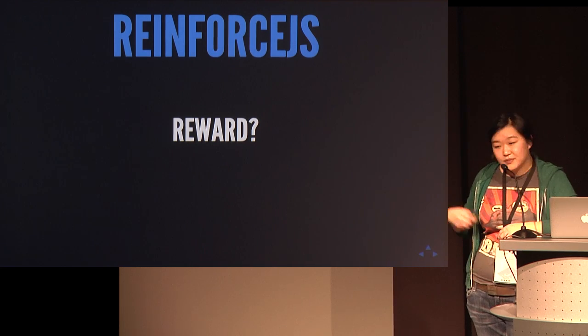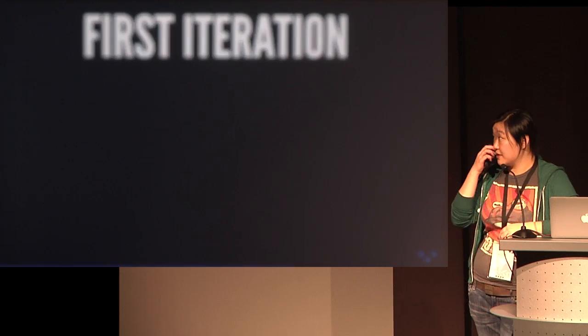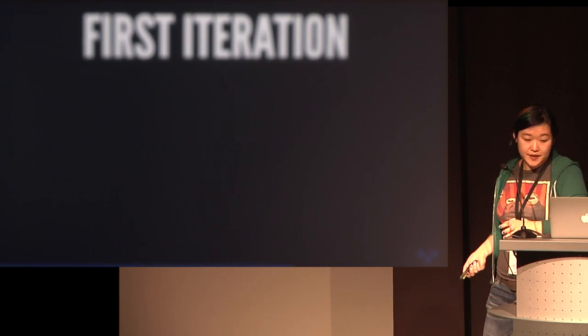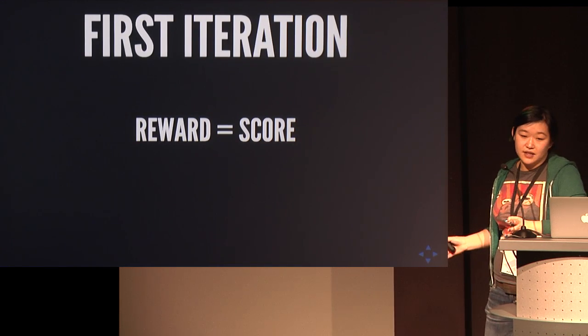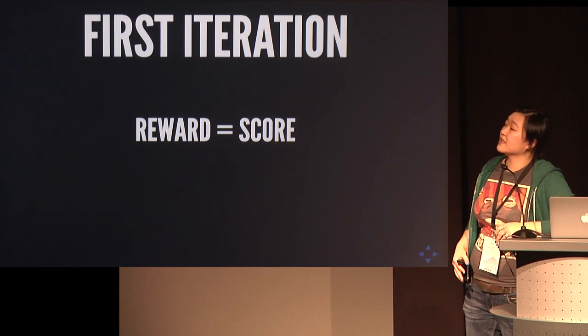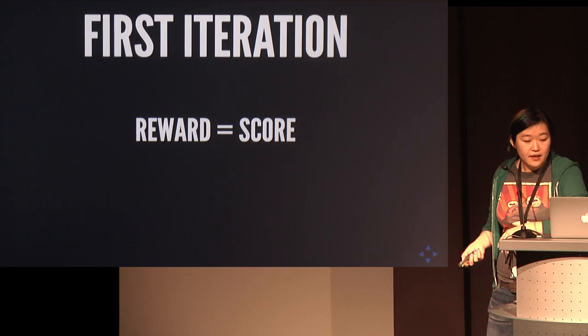So, okay, I'm working in iterations because that's the easiest for me. First iteration, I decided let's do the simplest thing, just give it the score as a reward. So I don't need to implement anything myself, and the score, like I said, is better the more you merge. So that's a pretty good indicator. All right,